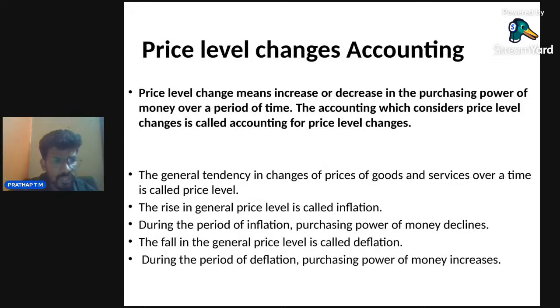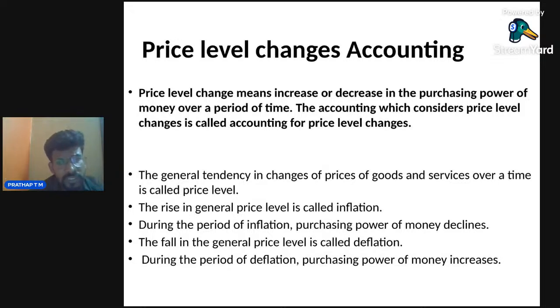It is like when you're thirsty, the importance of water is different. When you are not thirsty, the importance of water is totally different. I hope you can relate that example to inflation accounting. If you take 10,000 rupees in the beginning, you would have purchased something more with it. Take an example, you have purchased a mobile phone which cost 10,000 rupees in the early stage. After 1 year, or if you invested 10,000 rupees in the bank, you would have earned 10% or 7% interest at the end of the year, right? So